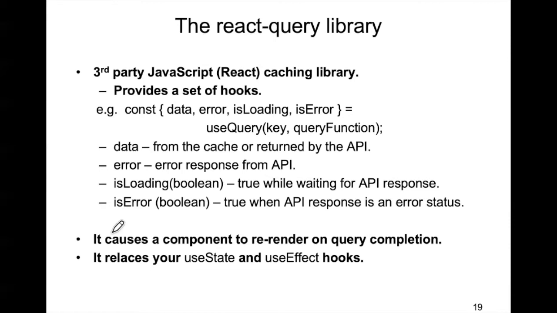What I'm also saying down here is that this hook will actually cause our component to re-render. Obviously, if the hook has to make the API call to TMDB, then that's asynchronous, and eventually it comes back. And when the response comes back, we want our component to re-render because we now have the data. So in the same way that the useState hook caused a component to re-render,